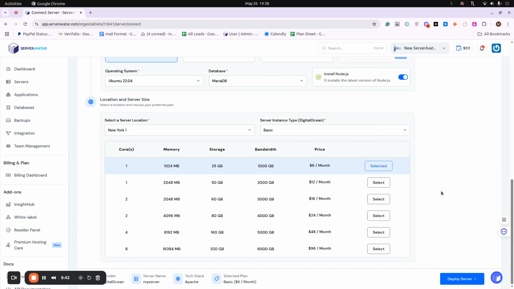Please note that enough credits in your Server Avatar account are required to create a managed server directly from Server Avatar. If you do not have credits in your account, you will not be able to create a server. As you can see here, I have selected the location and server size. So, are you ready? Just simply click on Deploy Server and Server Avatar will handle the rest.